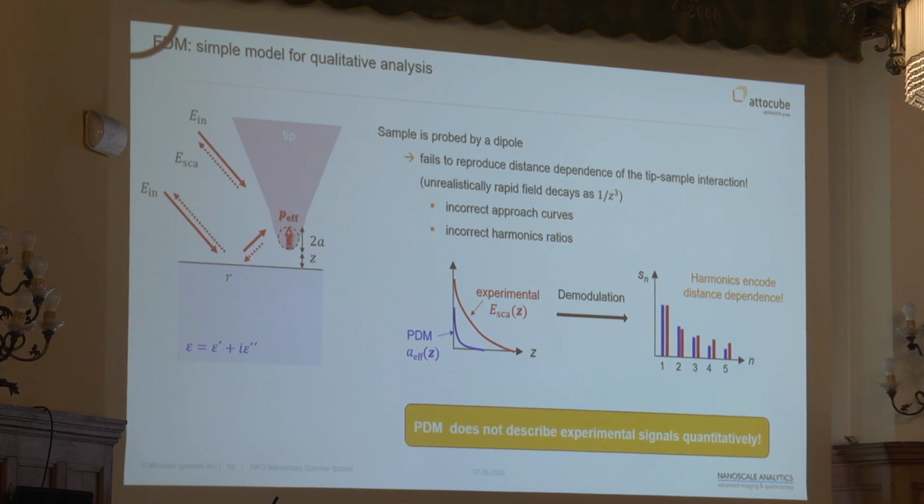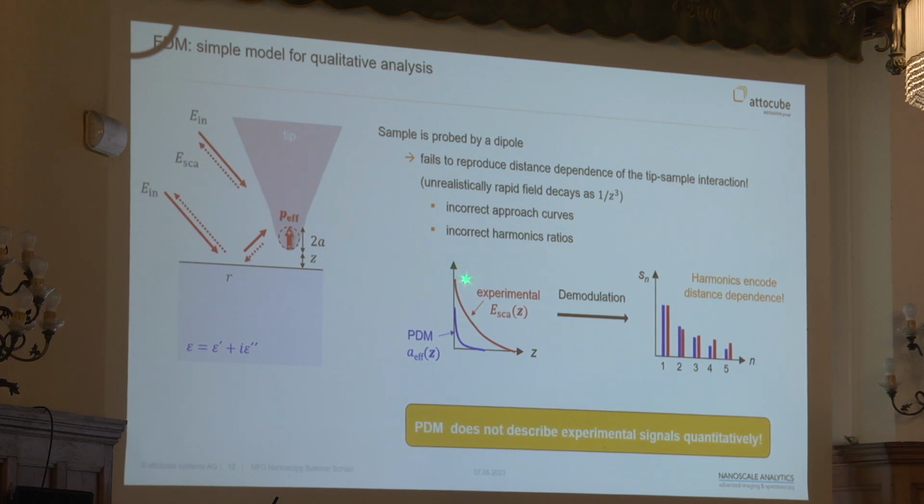It has the advantage that you can extend it to multi-layer samples relatively straightforwardly. But it fails to reproduce the correct distance dependence of the tip-sample interaction. And this is super important. Super important because essentially it gives you a wrong